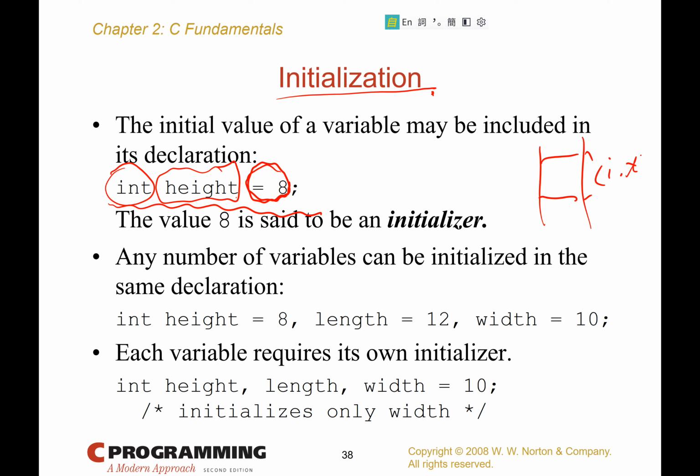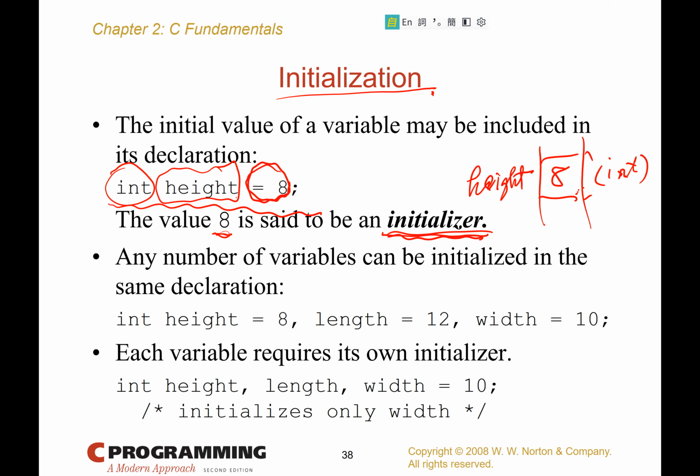which is large enough to hold the int data type, and the name is height. Secondly, it will assign a to this location, to save a in this place. Okay, so we call a an initializer. Okay,